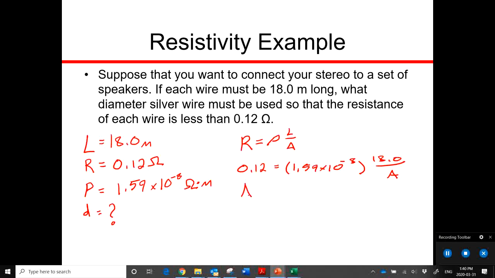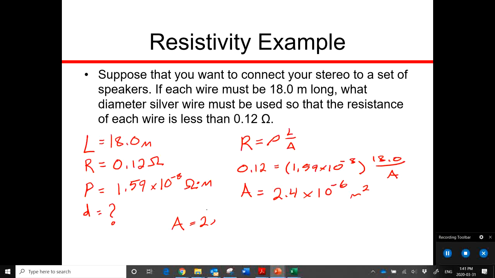So rearranging and solving that for area gives us an area of 2.4 times 10 to the negative 6 meters squared. Okay, since our length is in meters, our area will be in meters squared as well. So now that we have the area, we know, as we just discussed a minute ago, the cross-section of a typical wire is going to be a circle. So our area is going to be equal to